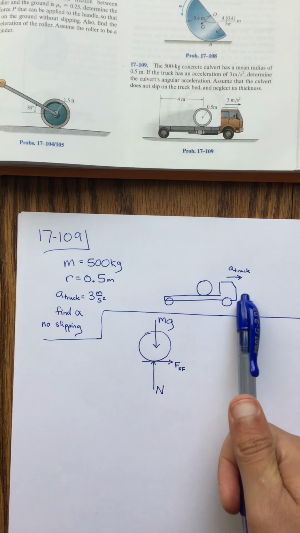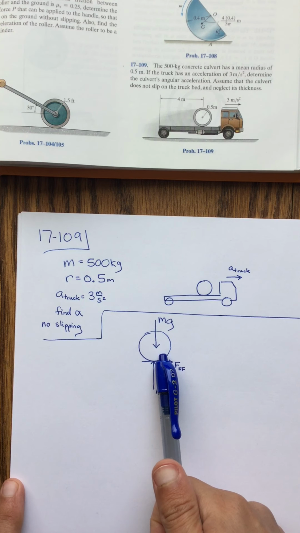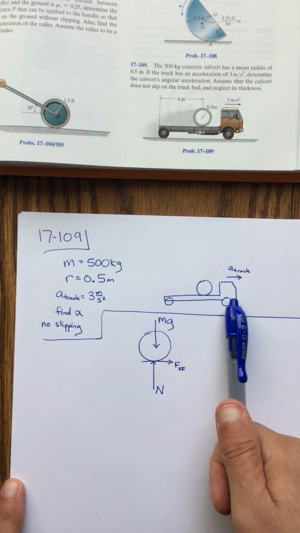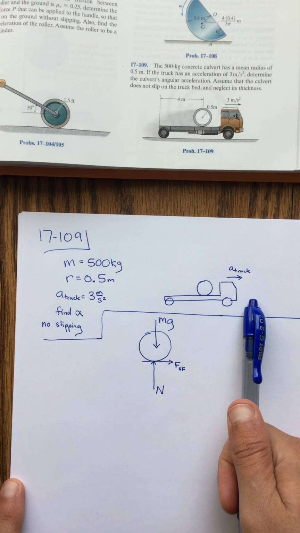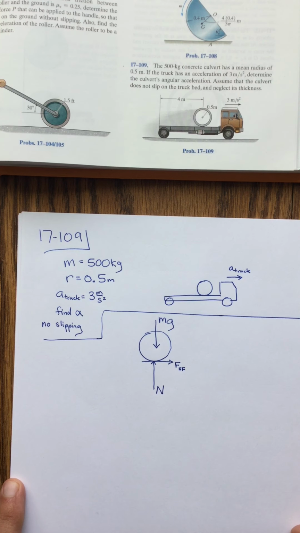So we have the truck accelerating to the right. And for the free body diagram of the culvert, we have the force of gravity acting downwards. We have the normal force acting upward. Because the truck is accelerating to the right, the force of friction is going to be acting to the right as well. If there was no friction, the culvert would not move with the truck, and relative to the truck, the culvert would be sliding to the left, and friction would oppose that motion, so friction is acting to the